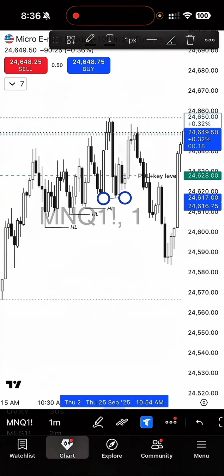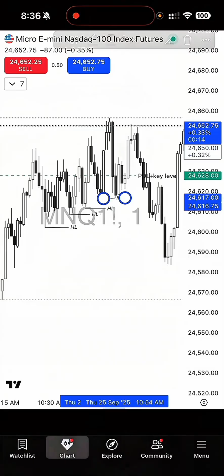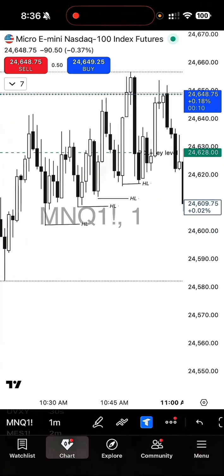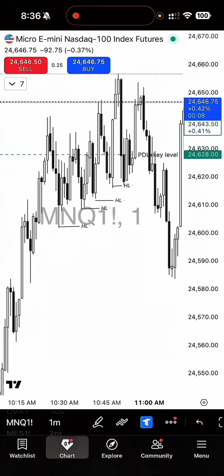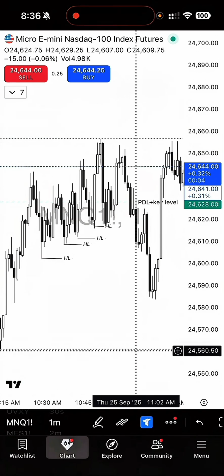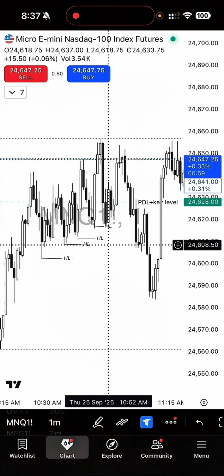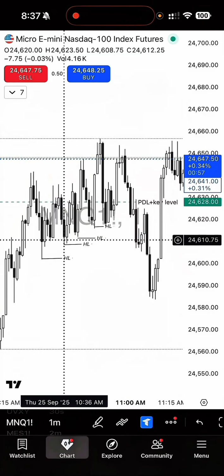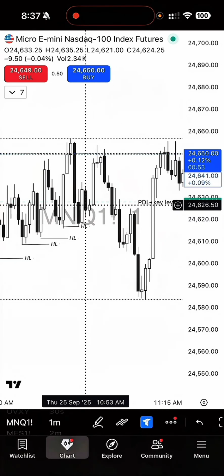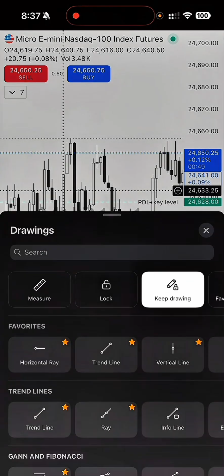I did go a little heavy on size just because I didn't take a trade for like an hour. I was looking into price action, just didn't know the clear draw in liquidity. So for that reason, I just wanted to take a trade against something that I would need to work on and journal for today. But as you all see, we started creating higher lows, even though it's on the 1 minute. So I entered it right here.